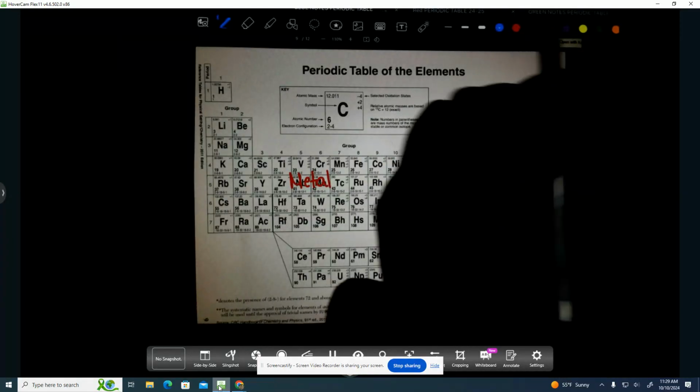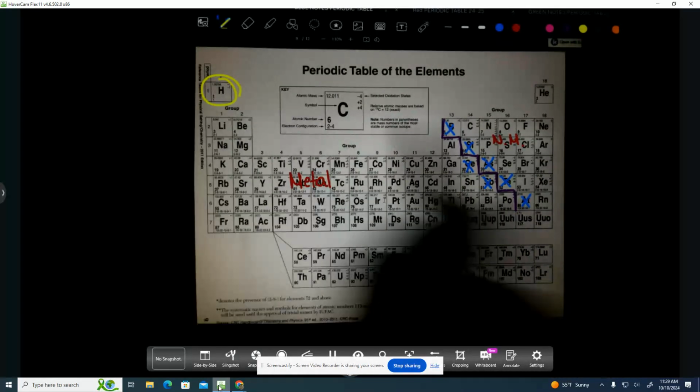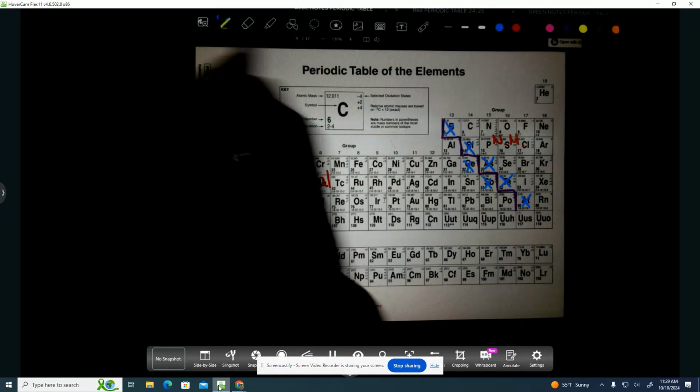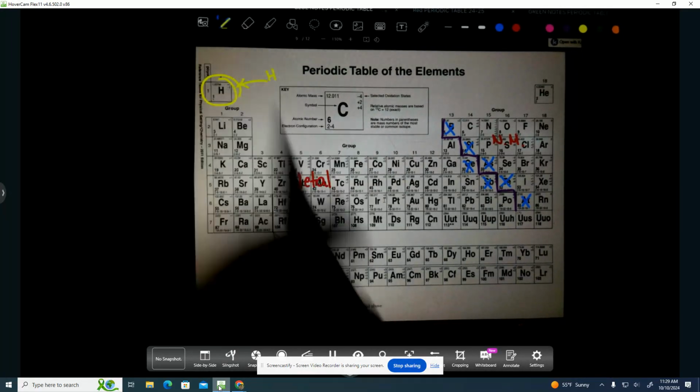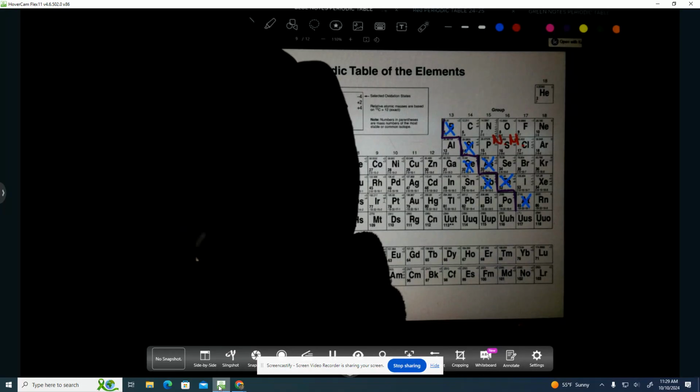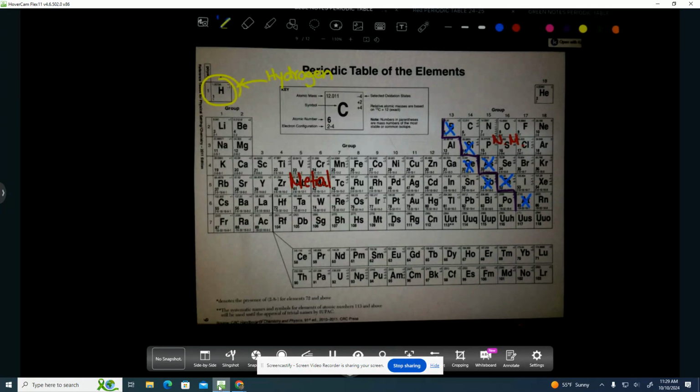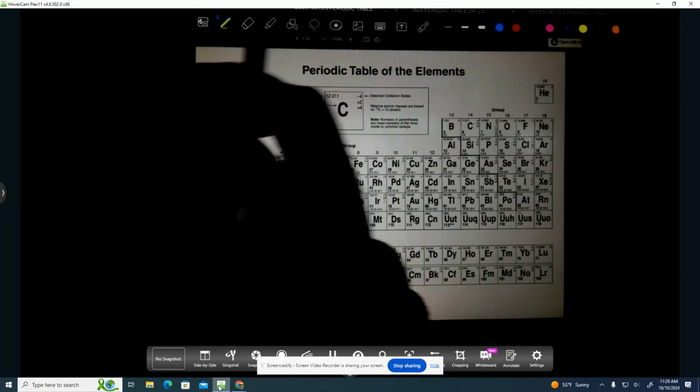There is one element on the left side of the periodic table that is not a metal. That is hydrogen. Good? All right. The next thing I expect you to know is your solids,